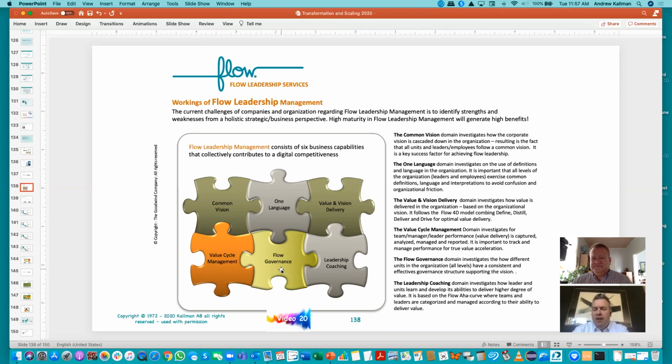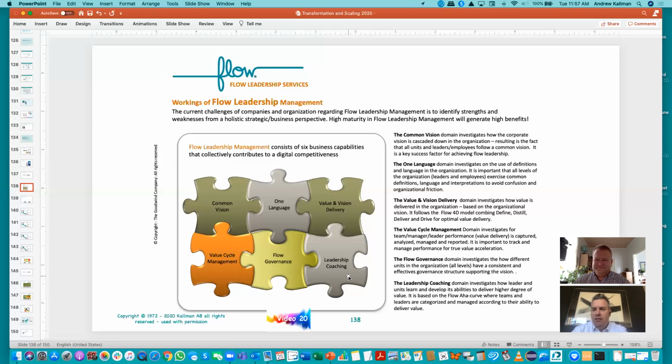And then the fifth one is leadership coaching, actually to coach organizations, teams, and individuals up the AHA curve to great performance. And what's so interesting is that when we look at different components and capabilities in digital transformation, as you saw on the previous pages, leadership and culture always comes back, is always there. And leadership and coaching is sort of the fundament for this